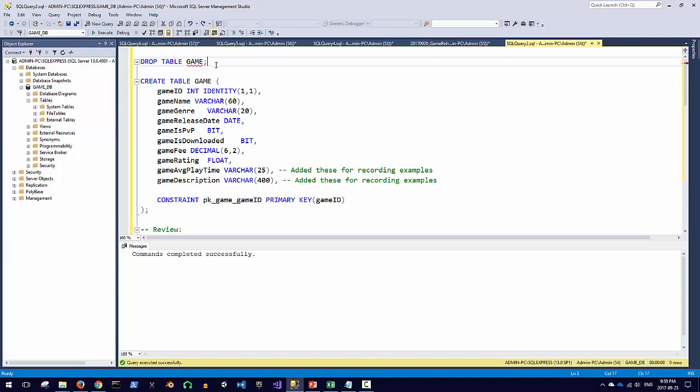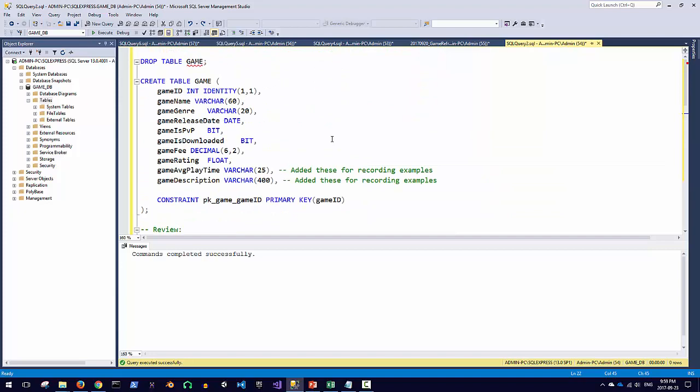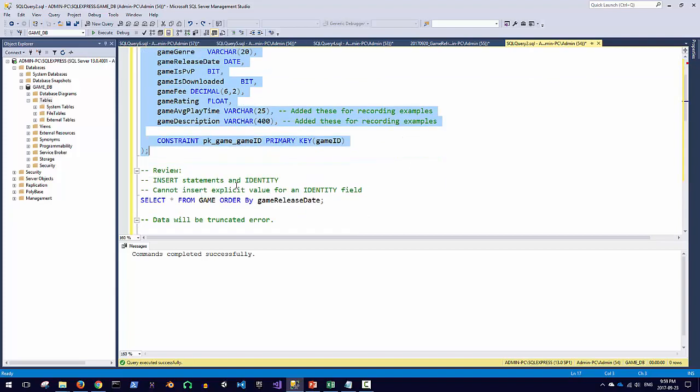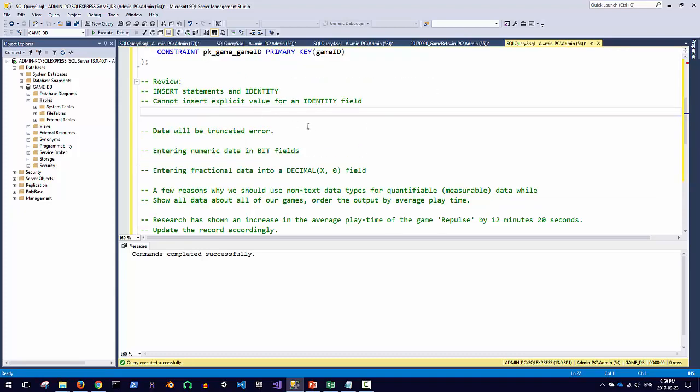Okay, so just a quick overview for you. The other thing is I may get some errors down here later on if I don't have the create table statement, but since I do, IntelliSense knows that the table exists, and it doesn't give me any trouble with any future select statements. All right, so let's look at insert statements and the identity